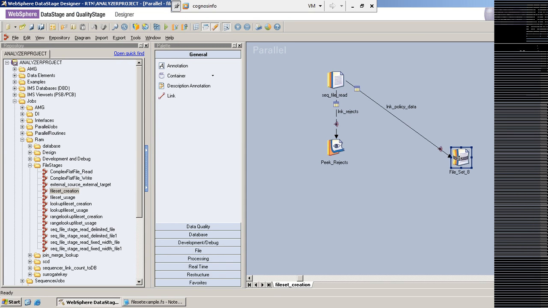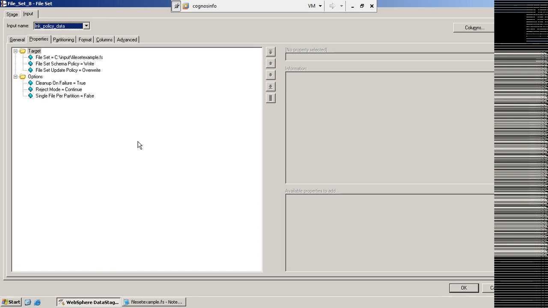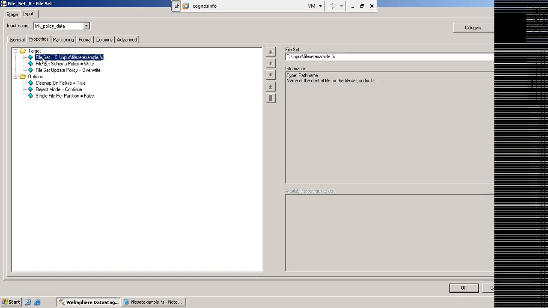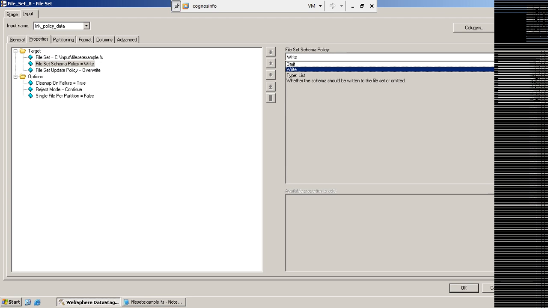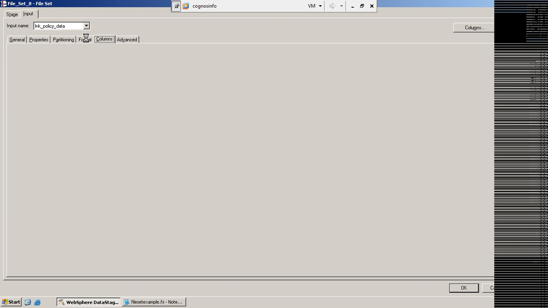Now coming to the file set properties, this particular property wants you to give the location where the file set needs to be created. This is very important. I told you, the file set schema policy has two options, write and omit. When you use write, what does it mean? When you give write, what you are telling DataStage is that while creating the file set, whatever info you are seeing in the columns tab, under the format tab